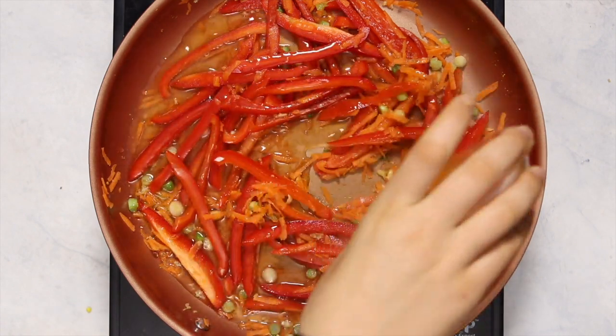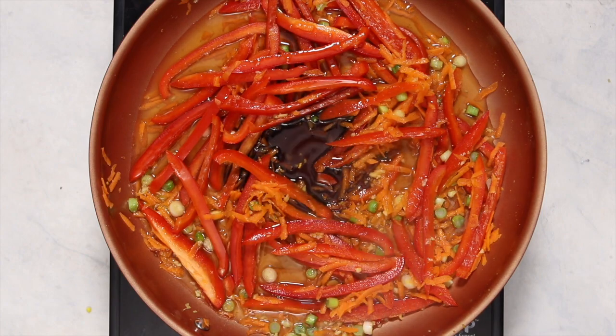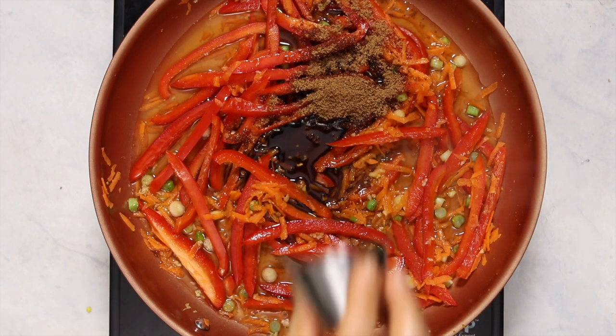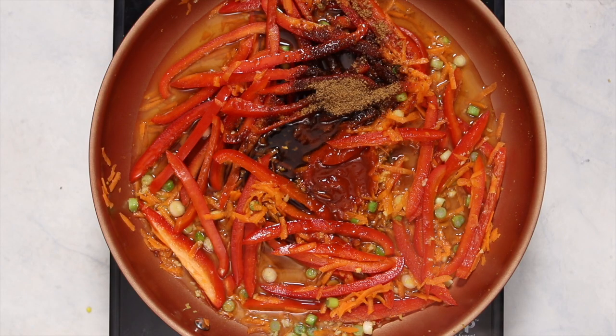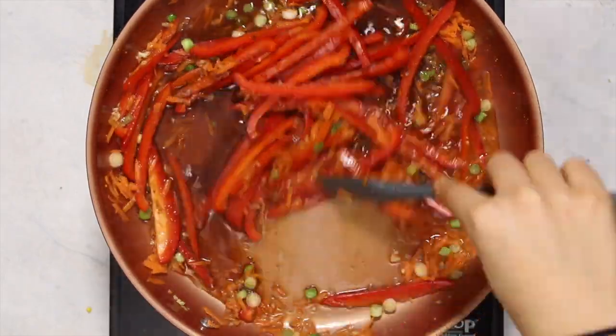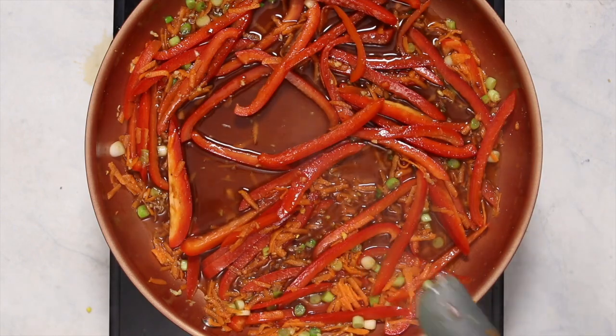So to start out, we're just going to add some vegetable broth, some tamari, a little bit of coconut sugar, but if you don't have coconut sugar, you can use brown sugar or regular sugar as well. And we're also going to add some sriracha. If you're sensitive to heat, you can leave it out, but if you like things spicy, you can add a little extra. Now we're just going to saute all of these veggies with the base of the pad thai sauce,